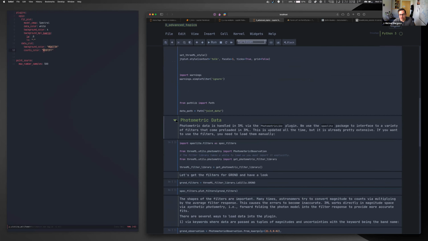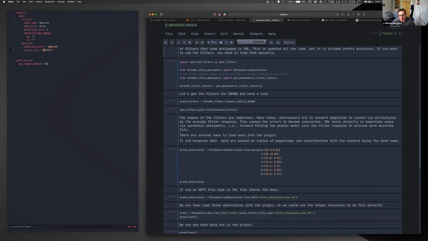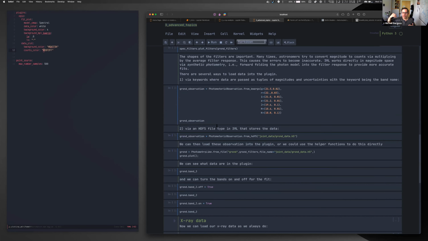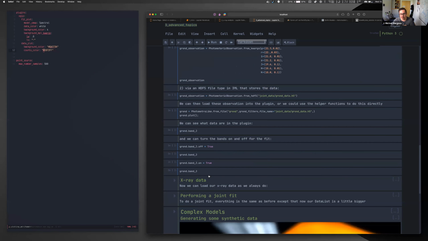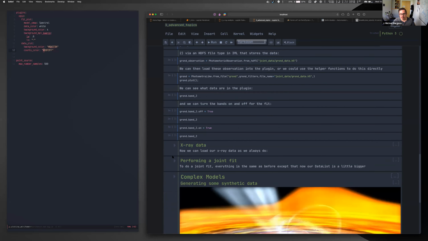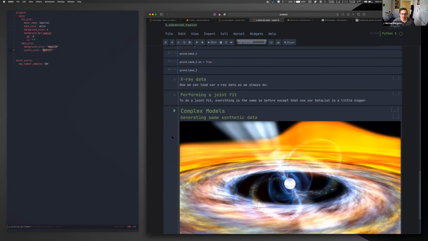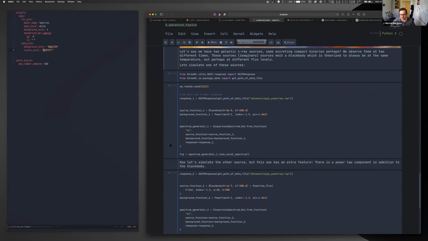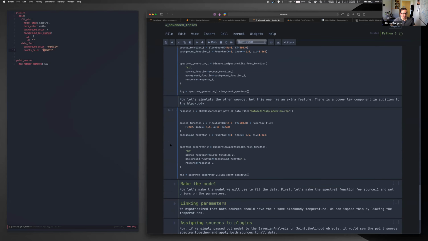But if you go over the advanced stuff, we show how to do photometric fits. So we have a plugin for that. It doesn't use a unity response. It actually folds the model through the filters if you have photometric data. And this shows you how to do a joint X-ray and photometric data fit using some data from GRAND, and then how to build more complex models that have linked parameters. If you're fitting two white dwarfs and you know their temperature should be the same, but maybe their overall intensity is not, you can link those parameters and fit all the data together. So yeah,